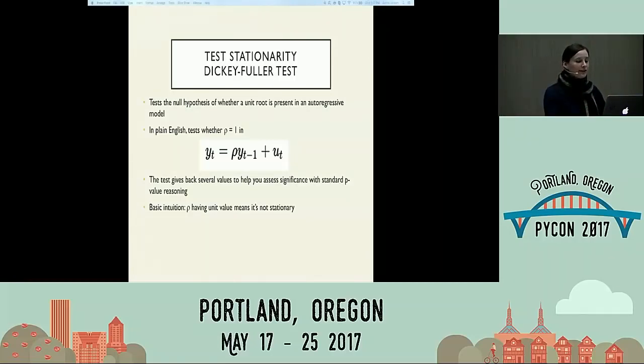But for these other concerns, once you've taken care of them, one standard way to see whether I have a reasonably stationary time series is the Dickey-Fuller test. Basically, once you put your process in these terms, you just want to make sure that your rho value does not have unit value. So this test is just one benchmark. It's a statistical test, right?